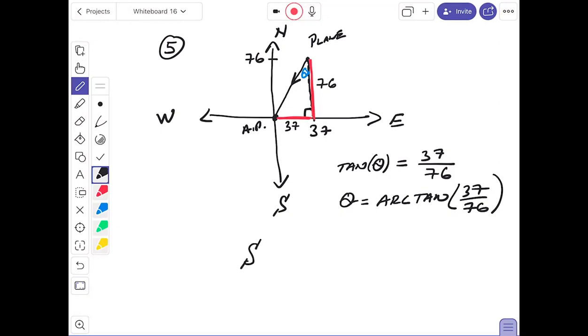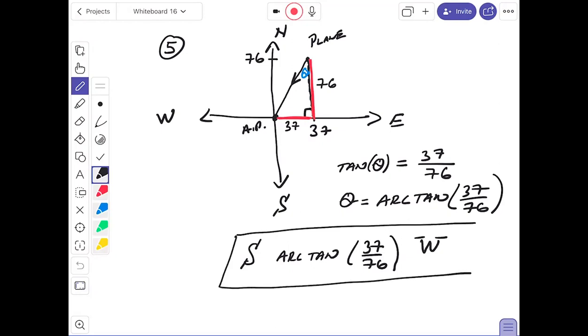But you need to turn your wheel, right? This is the theta part, the arctan of 37 over 76. All right, now then you say, oh, in what direction? Well, I got to turn my wheel in the direction of the west. All right, so I'm going to say that's a good answer if this was an exam question, but I want